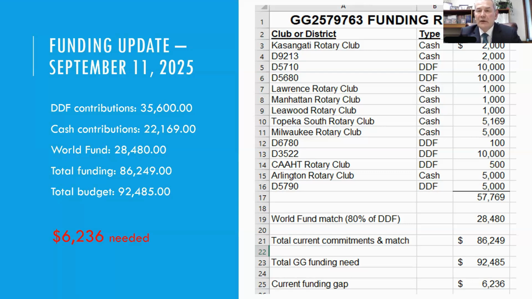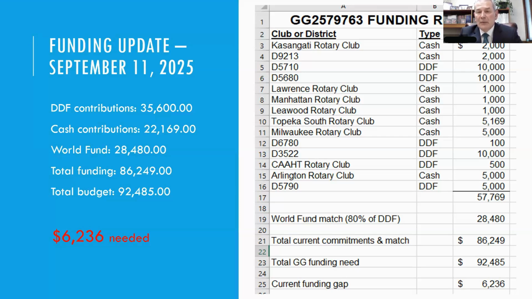You see the need, you see the sustainability piece of it. That's one of the things that attracted me to this global grant the most, is the fact that this is sustainable and can affect the lives in Uganda for many years to come. And this is your chance to be a part of this. We do need a little bit more money, and anything that you can contribute to this would be very helpful.